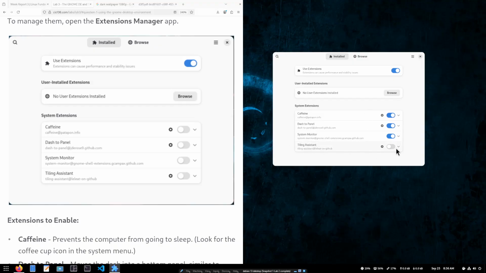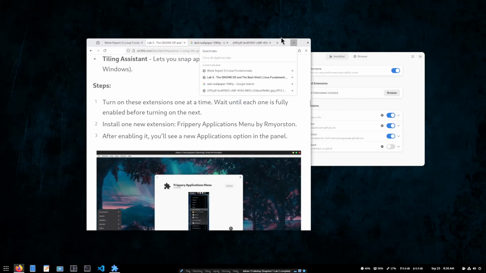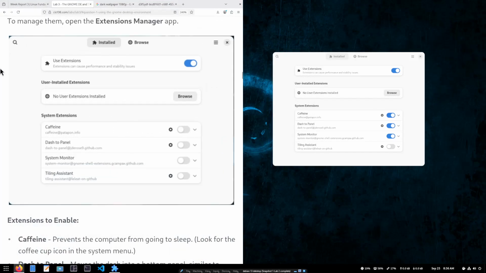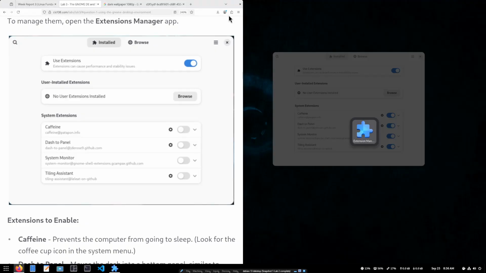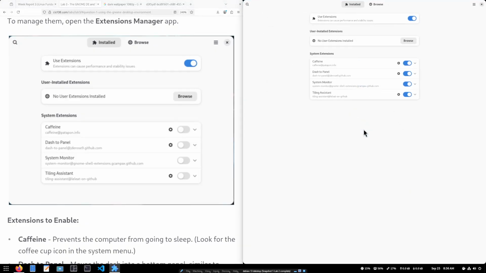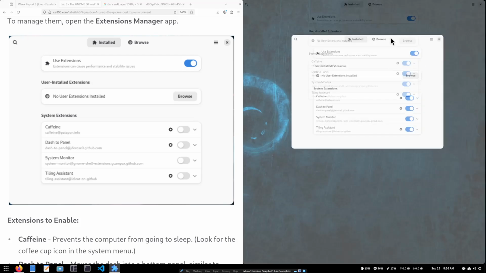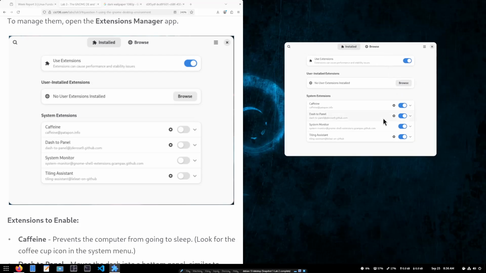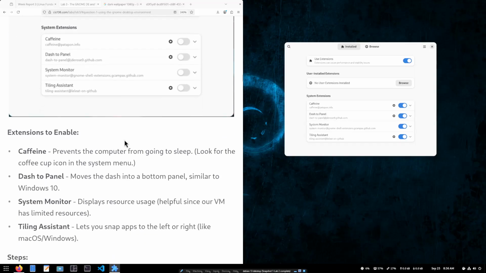And then finally, we're going to do Tiling Assistant. What does this do? Well, here's the thing. Now, I'm going to put this in the middle, and I'm going to snap this window to the right. Boom. Notice that we don't get an automatic pop-up, or we don't automatically have the next window tiled to the left, to the right, like we have on Windows. Tiling Assistant will give us that functionality. So whenever I tile something, now I get the option to tile the other application on the right. And Tiling Assistant is pretty comfortable, pretty useful, so why not have it? Okay,